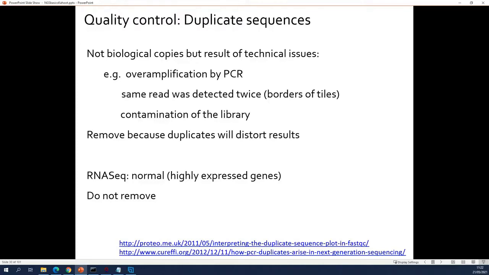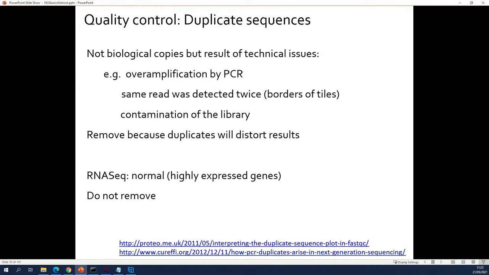And if you're going to cut them, well, then it's no longer random. You have so many copies that even if you cut them randomly, you will generate the same fragment multiple times. So for RNA-seq, duplicates have a good chance of having a biological origin. You will also have technical duplicates, but you cannot distinguish them unless you use UMIs, but we're not talking about that. So for RNA-seq, they're often biological, so there it's the only case where you do not remove them. They can be biologically meaningful.